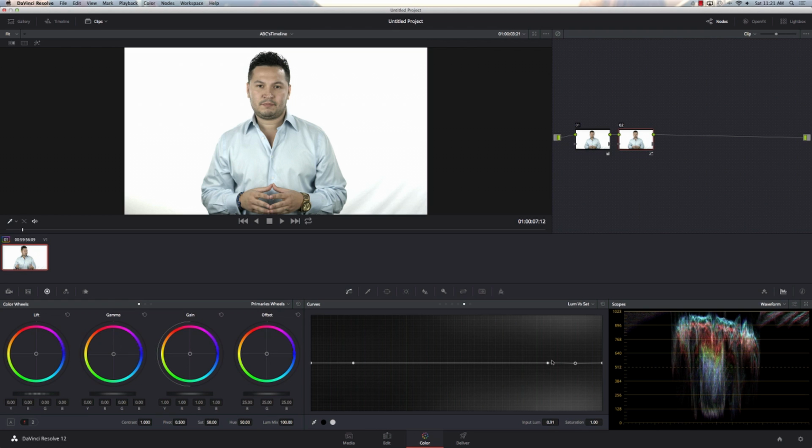This is basically right around here, right around this area is where you're going to get the skin tones, and we're going to boost those up. And then this is the highlight area. So I like to dip, and I'm basically just taking the saturation out of the lows. So I'm taking the saturation out of there, I'm taking the saturation out of the highlights a little bit, and I'm boosting the midtones, because